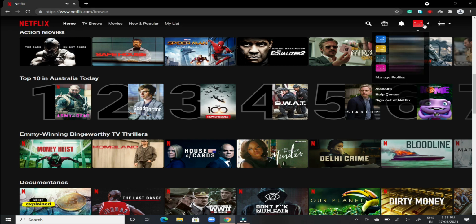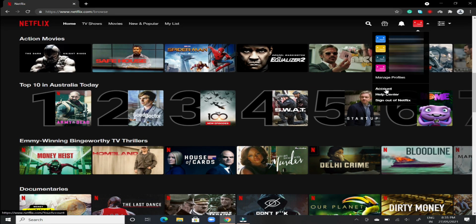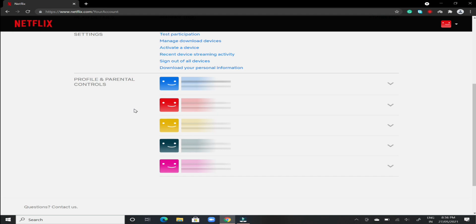In here, just click on your top right corner where the account settings is, then head over to the account option. Once that loads up, for the privacy part, I won't show the details which are given here, but I'll show you what to do next. Whatever profiles you have, you might only have one or two, but if you have multiple, just select that profile where you want to delete the watch history for.